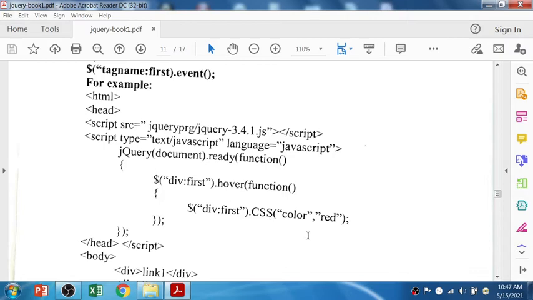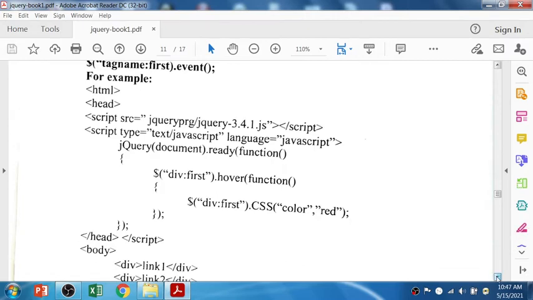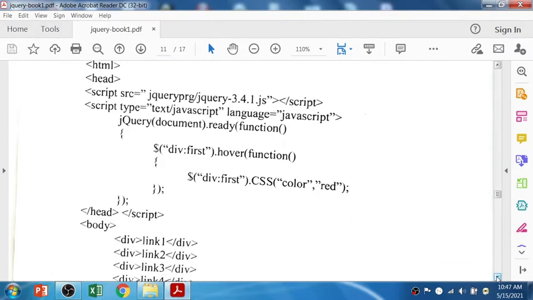So when the mouse is over, this function will work. So dollar division first, the first division makes its color red, so the css event is used. Using that you can make the font color red. So this is how you can use first.